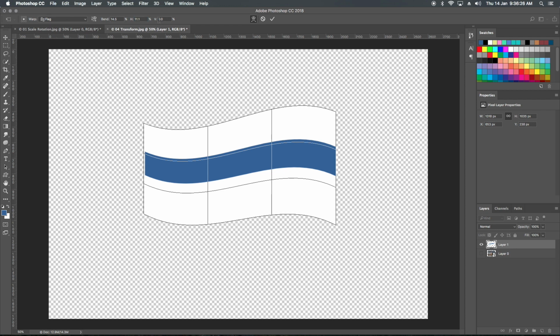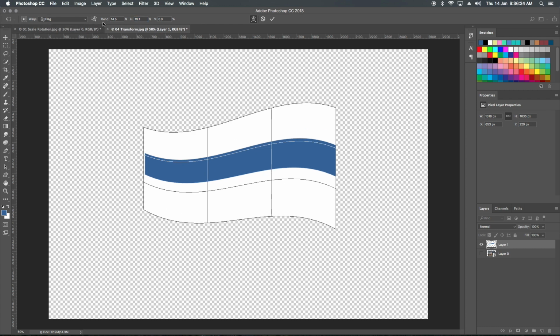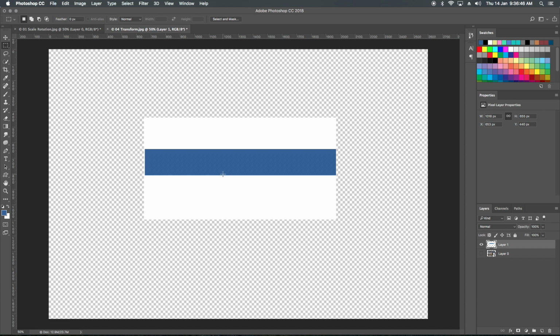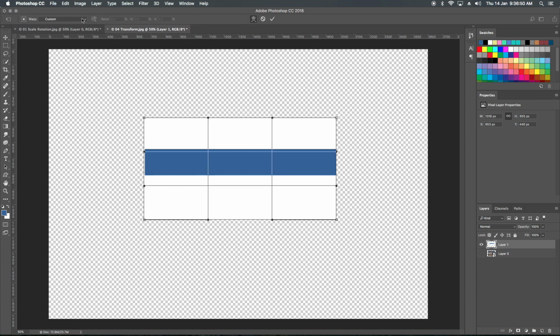And how much size we want, height, bending in heights. So these points we can make shapes. What's the tool name? No tool name, select, Command T, right click, wrap, and then go to custom.